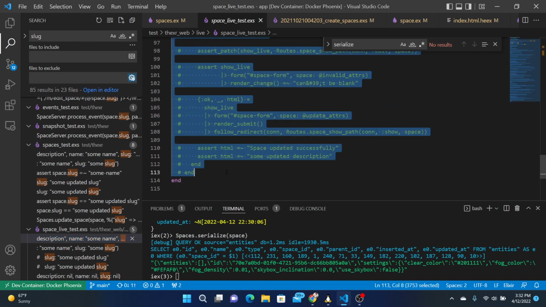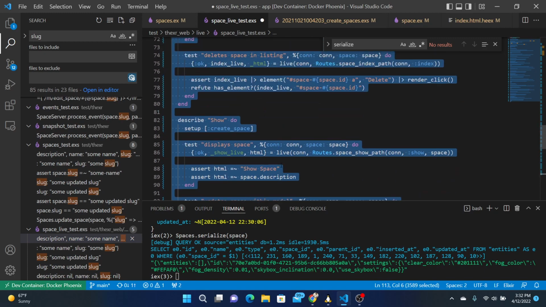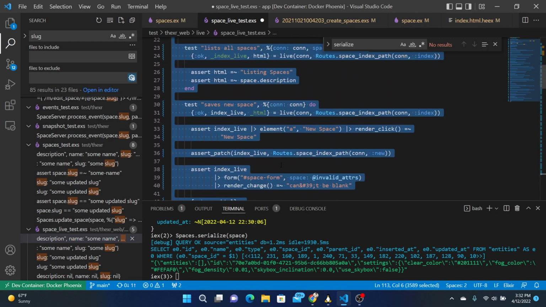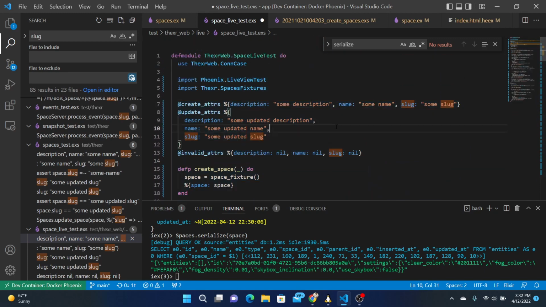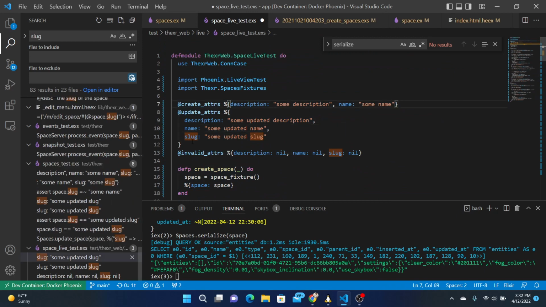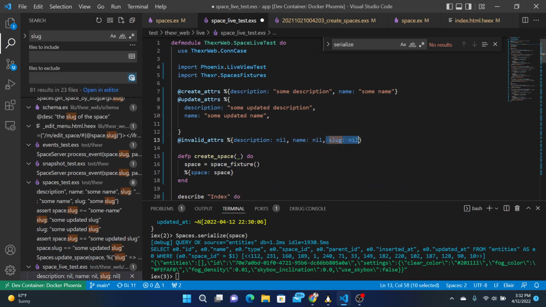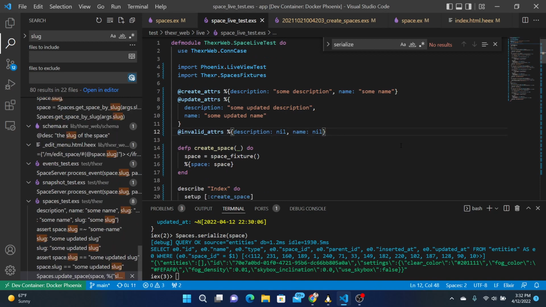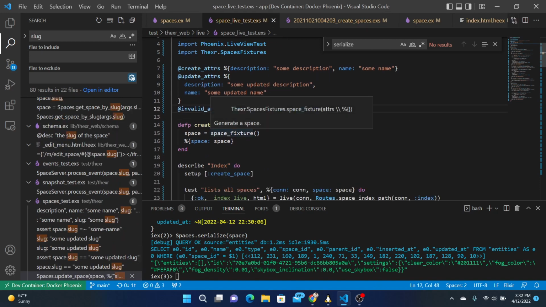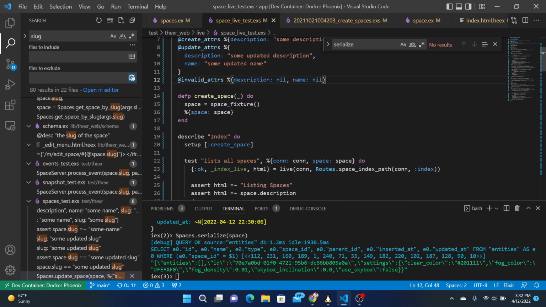So we'll uncomment this, make it easy for this thing to pass. So we have some description, some name, no slug. No slug here. Invalid attributes that. Right, so we're going to create a space with a space fixture.